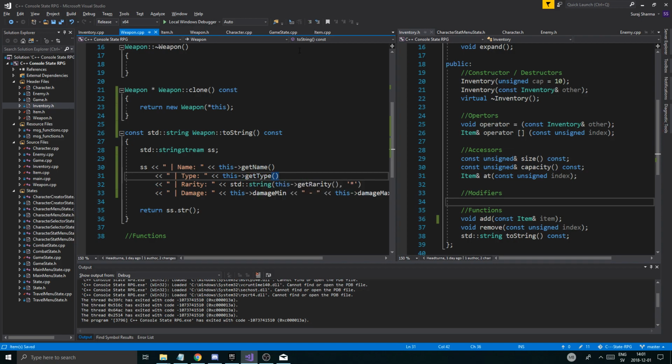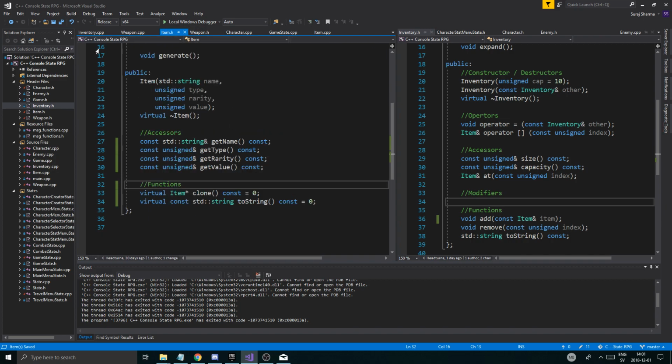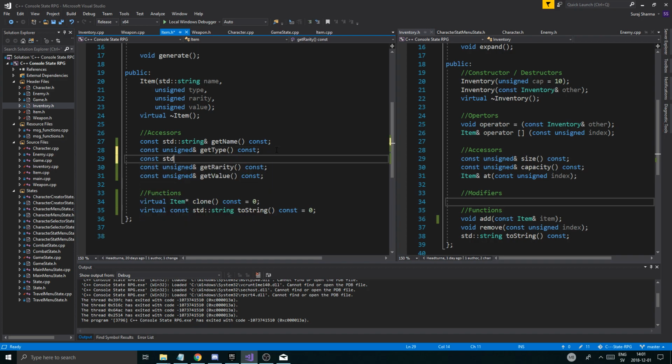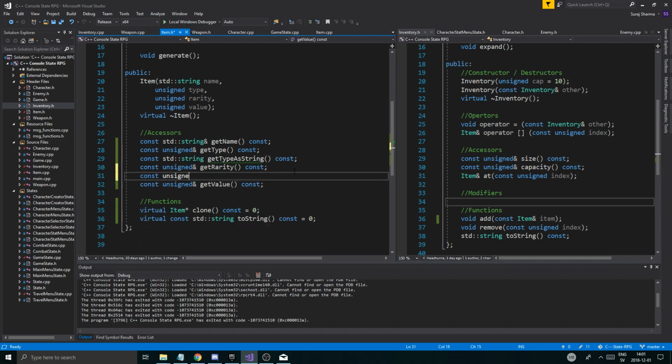Okay, so we can do that. Now in item.h, we want to create another function. So const std::string getTypeAsString. Okay, just a basic function. So we're gonna do that, and then we're gonna do const unsigned